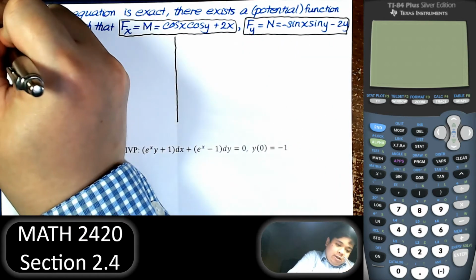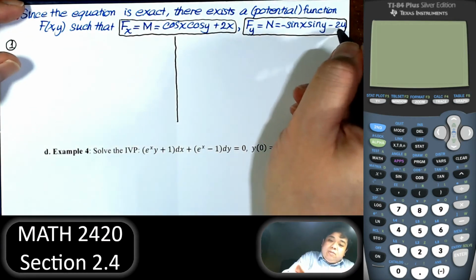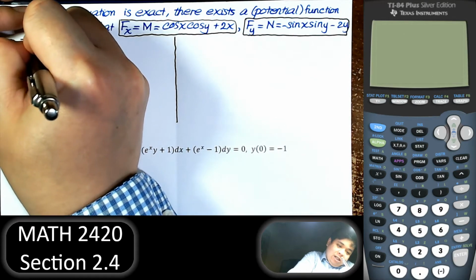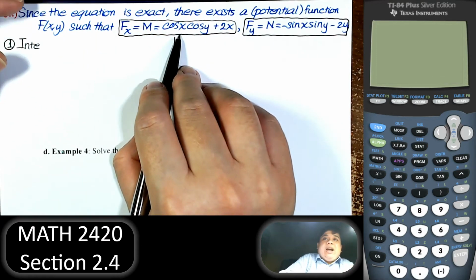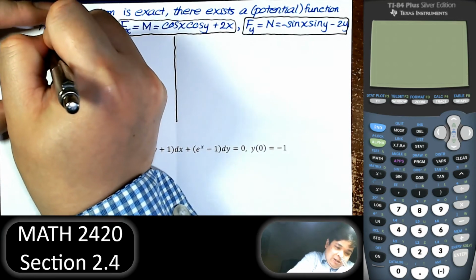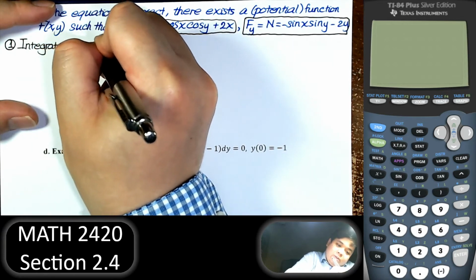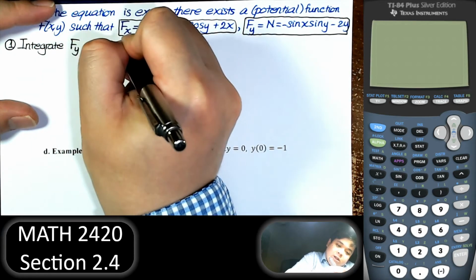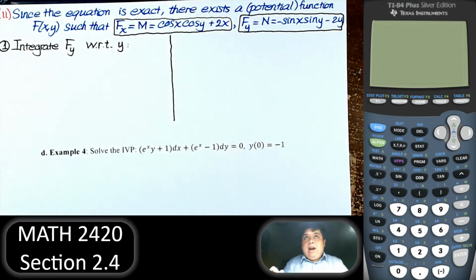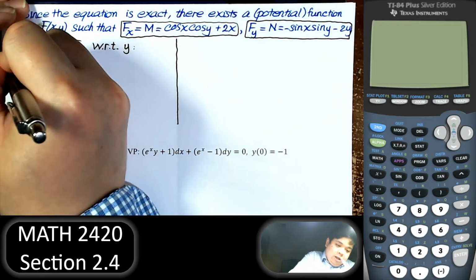So the first step, I will integrate this with respect to y to get back to the function. Or you integrate this with respect to x to get back to the function. Either way. f_y is equal to that. So to get back to the function, f of xy